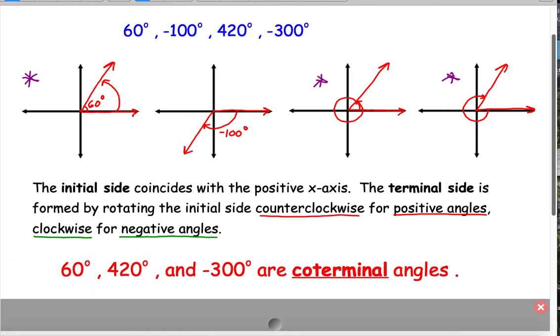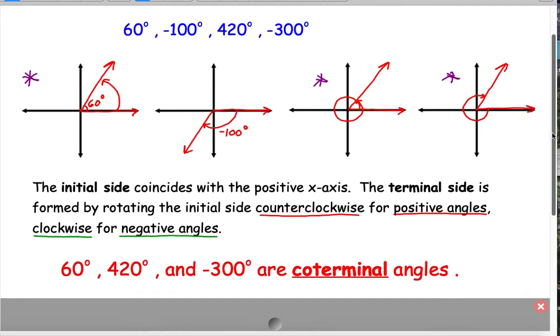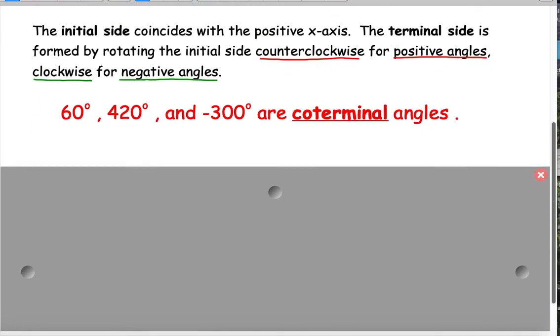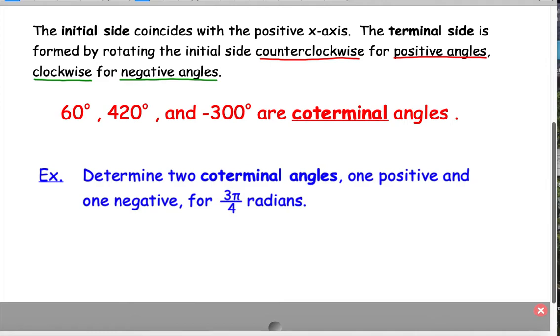And you'll notice that 60 degrees, 420 degrees, and negative 300 are called coterminal angles because they terminate, or they end, at the same spot. So if I put these graphs on top of each other, it would look like we drew out the same angle for all three of those,